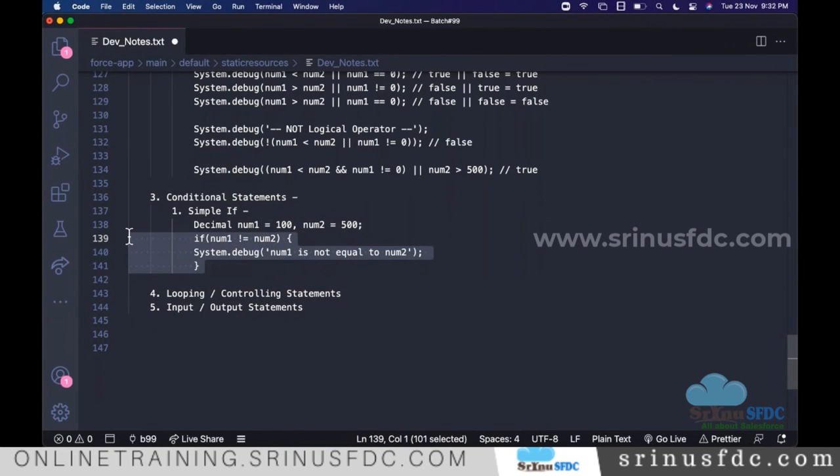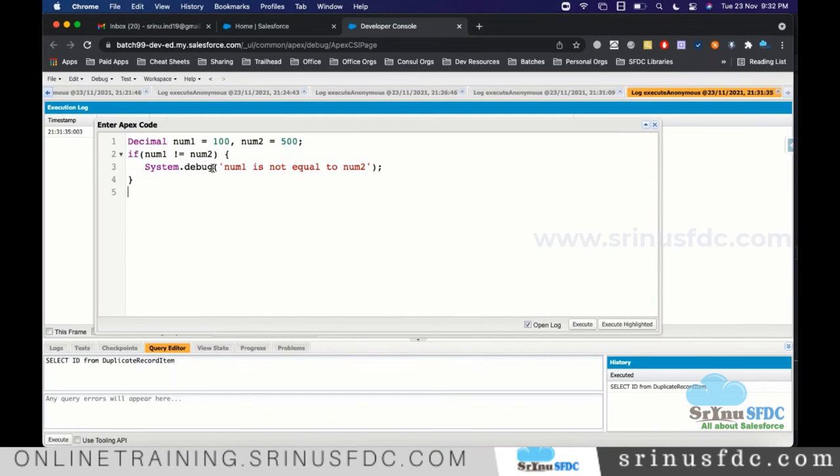Let's say if this condition is not satisfied, I want to execute some other set of statements. We use else. If else is one of the flavors. If this is not satisfied, I want to execute some other set of statements. Here we'll say number 1 is equal to number 2. Right now, if you execute, we know that both are not the same, so it will enter here. Let's say I also give this one as 100.